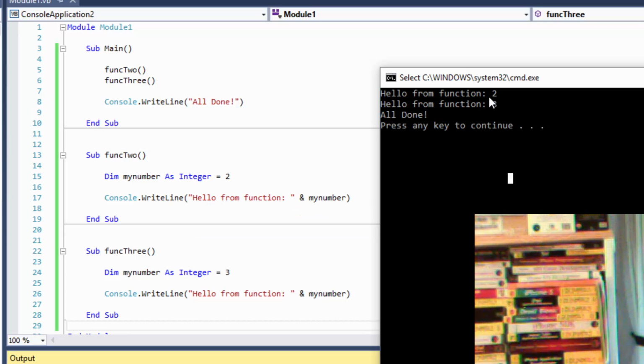It took the number 2 and stuck it on the end of the line. That's how we get the 2. Came down here, hit the end sub, came back up here, did the function 3 call, came down here, ran function 3,